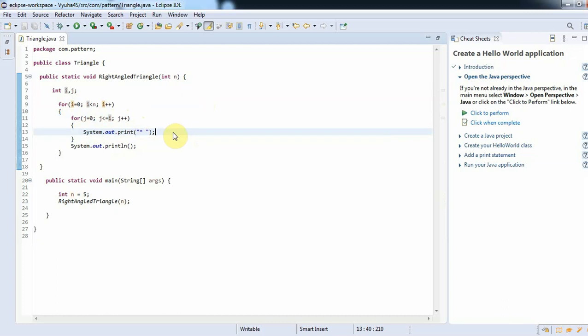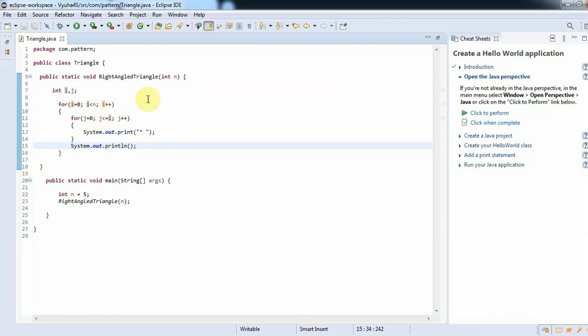The ln means that the next time it gets iterated, it will print on a new line, and we don't want that to happen inside this for loop. Here I have written System.out.println because after the first iteration it should go to a new line for the next iteration.